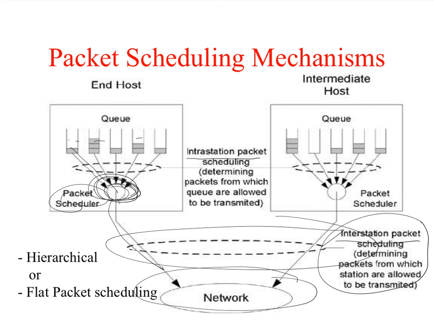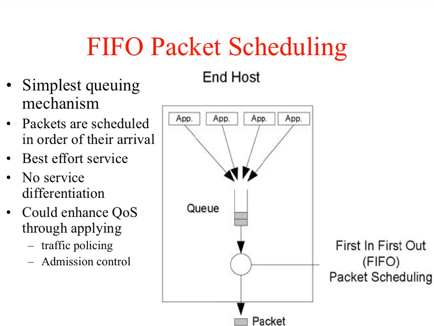So hierarchical here means that we can provide the packet scheduling on two levels. There is one level which is intra-station, and there is inter-station. By providing different queuing schemes or different scheduling schemes in a hierarchical way, we can introduce the service differentiation, and we can provide different behaviors to the different users. Okay? So the simplest